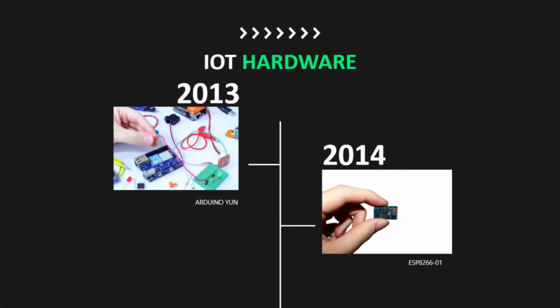Easily replaced though. And not only that, but 6 months later, we're seeing something the size of that. And I happen to bring some with me. So we went from a $70 Arduino Yun to, 6 months later, a $6 ESP8266-1. 6 months after that, and this is the amazing thing that really blows my mind with the IoT world, is this stuff moves so fast. 6 months later, we had the 12, which is that. Both of them have Wi-Fi, and both of them are really, really cheap. You can literally buy them in bags of 20 online.